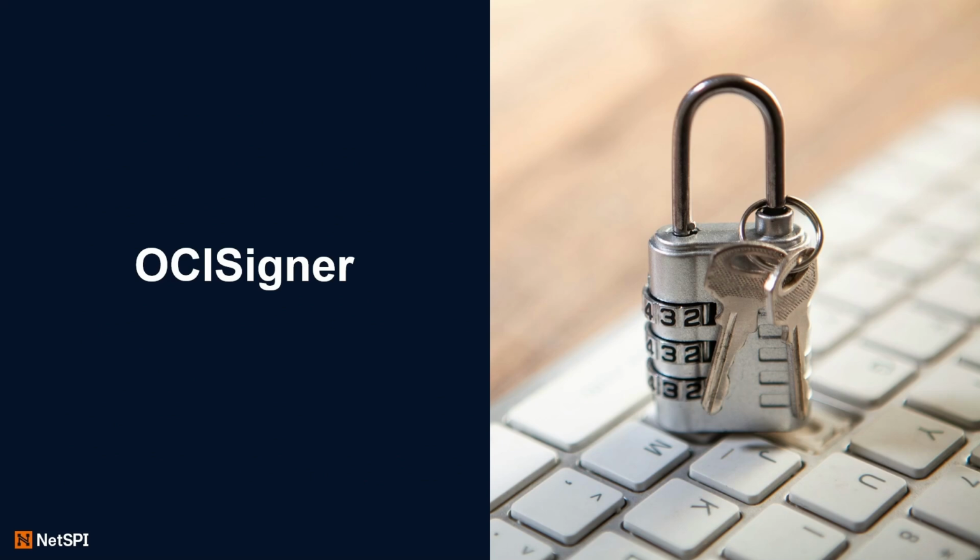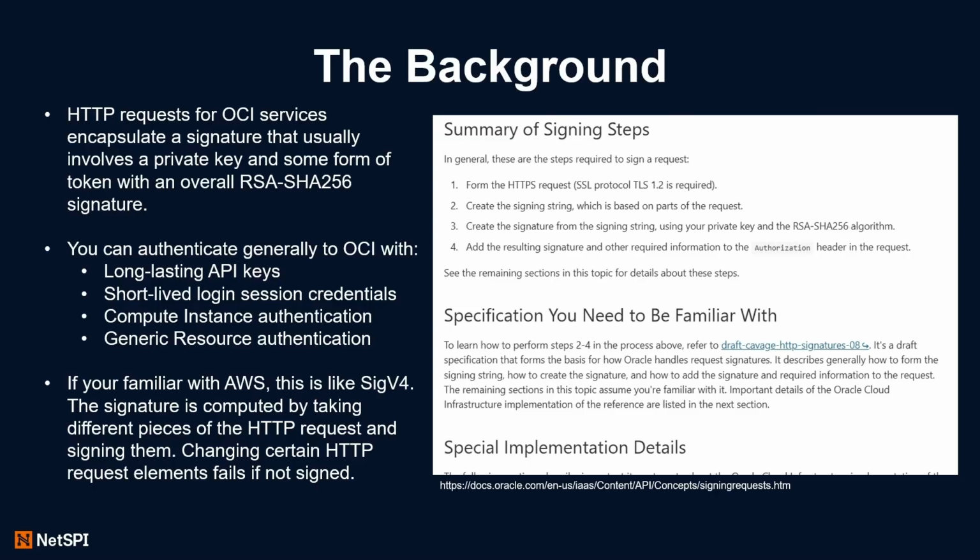Okay, the second tool I have is OCI Signer. This is going to allow you to sign OCI requests. Jumping right into some of the background: if you come from the AWS world, you're probably familiar with SigV4. I don't know what the equivalent is over in GCP, but when you make commands from the OCI CLI, so if you download the OCI CLI tool and you start doing things like OCI list buckets, or whatever those commands are,